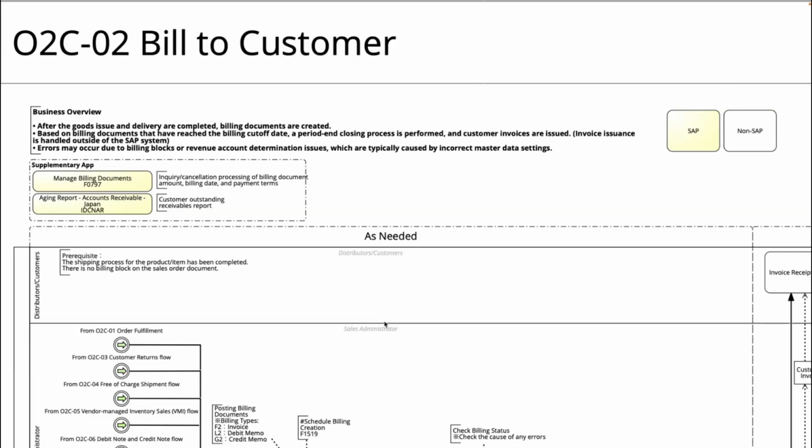First, you'll notice something called supplementary apps. These are additional or optional SAP apps that can be used alongside this process. Each supplementary app is briefly described on the diagram, so if you ever need to perform these extra actions, you can refer to them here. Next, in the process diagram, yellow boxes represent SAP apps, while white boxes represent tasks performed